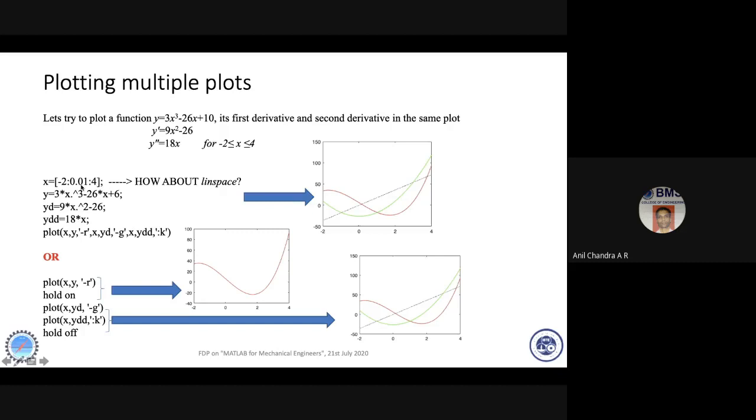Why did I give 0.01? You can give any step. The idea here is to have a smooth curve. The curve can be smoothest with a higher number of points. You can also give 0.001 or 0.1. It's up to you. And this expression is taken from here. This is defined in the problem statement.